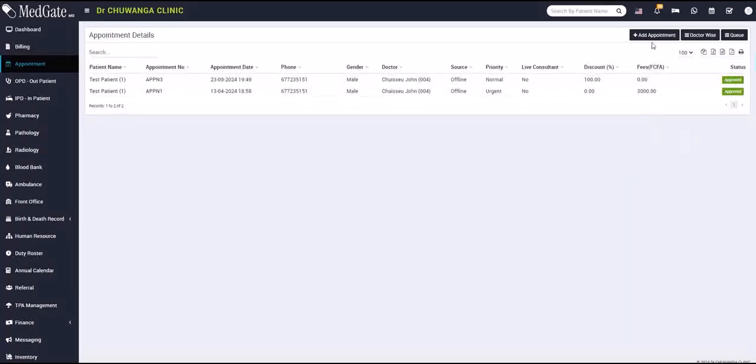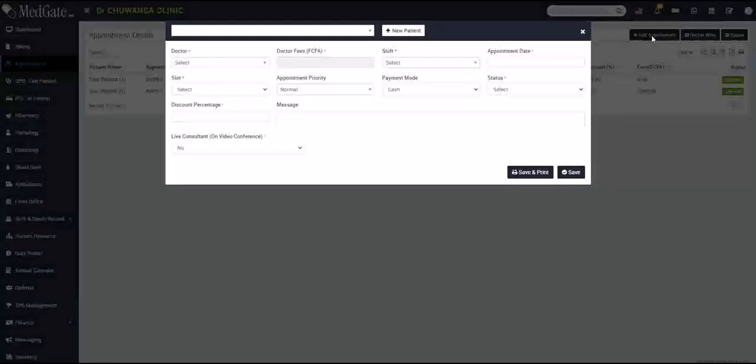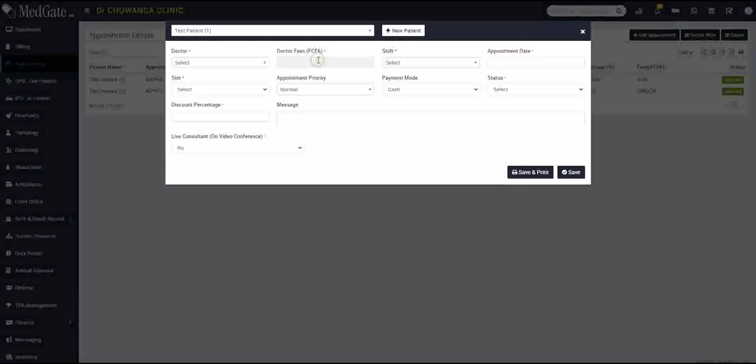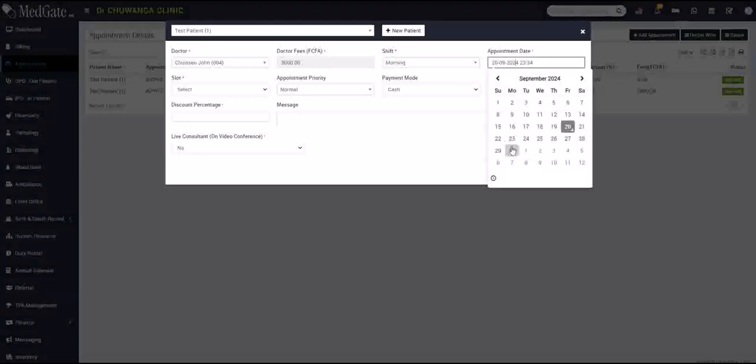So, guys, as I earlier said, for the reception to be able to book an appointment, all you need to do is come and click on appointment, and if the patient already exists in the system, write the name of the patient and then select the doctor. I'm using the first doctor, because we have shifts for the doctor. And the appointment which we saw earlier, I put it on Monday. So it could be the 30th